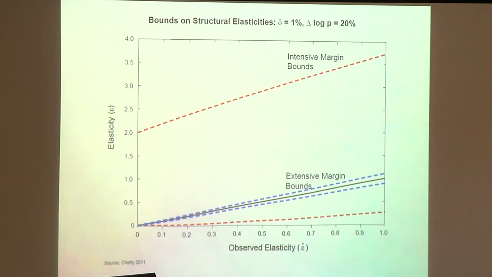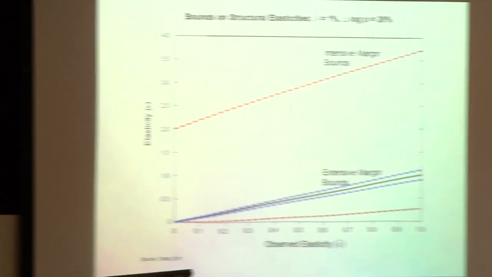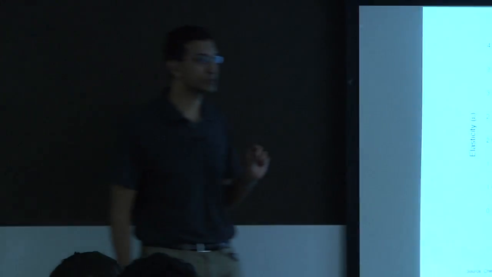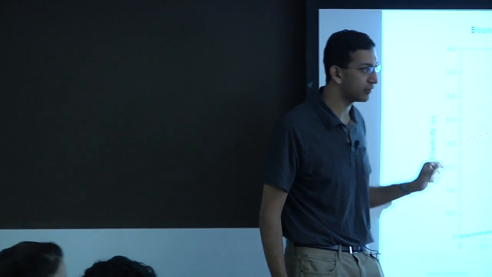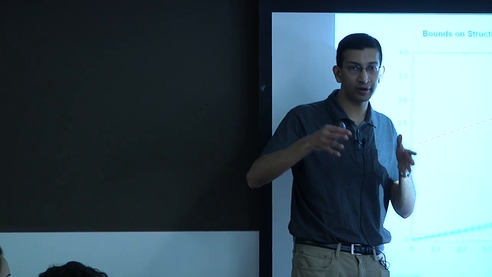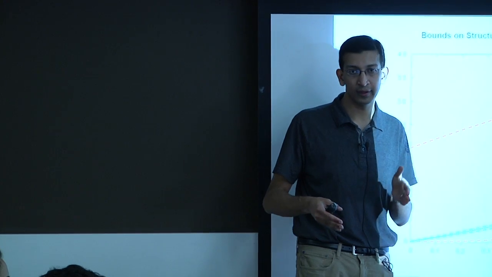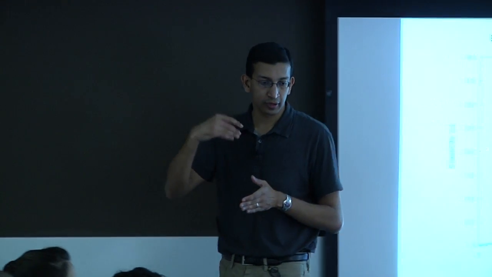That's mathematically what's going on. The intuition is that on the intensive margin, the cost of not re-optimizing is proportional to the price change squared. On the extensive margin, because you are not near the optimum to begin with, the cost of not re-optimizing is proportional to the size of the price change itself, linearly. And that makes the utility cost of not responding much larger and makes the bounds much tighter.